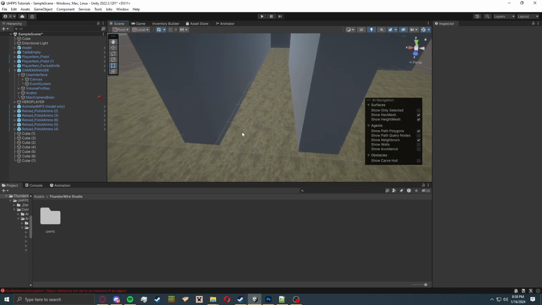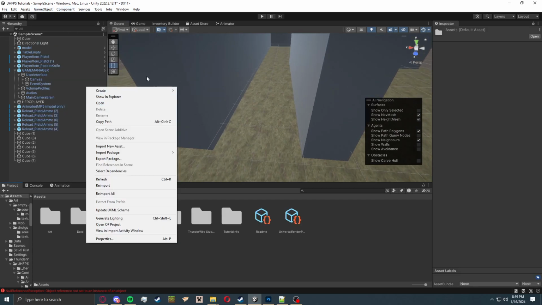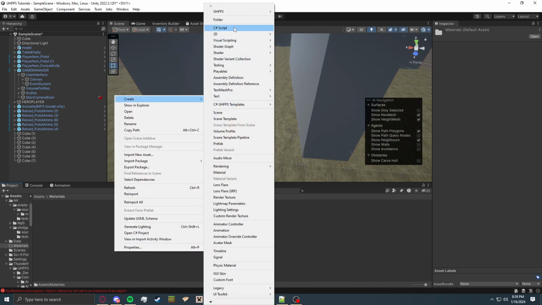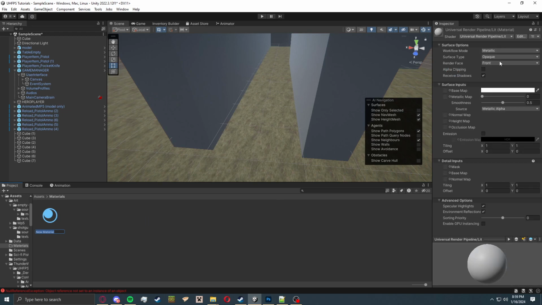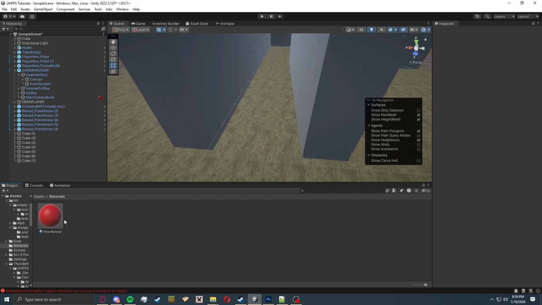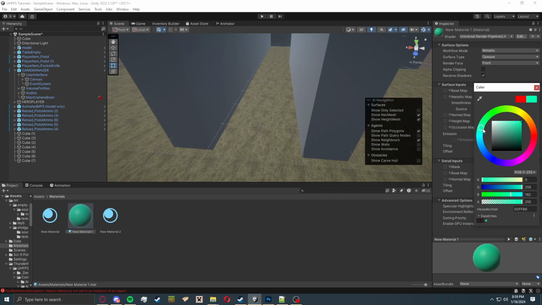Cool. So first jump scare we will do, and I'll go ahead and color these as just different colors so that we know. So let's go ahead and create a materials folder. Materials, and we'll have just a couple different colors so that we know what kind of jump scares they are. So starting off, we'll have red for image, or yeah, we'll figure out the colors later actually. But we'll have red, blue,